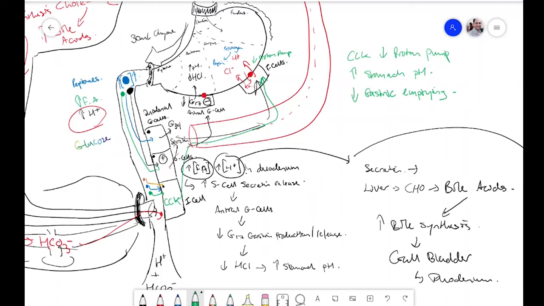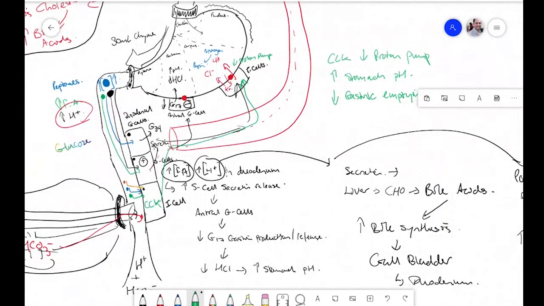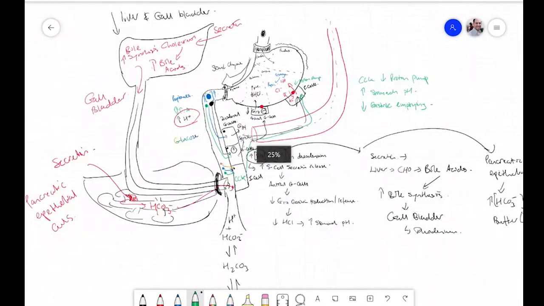Okay, so that's its first job, is to reduce anything that is going to increase gastrin. It's going to dampen it down. Right. Next thing it's going to do is the bit that I think is probably the most clever. CCK will now, I need to stop touching things and moving things. CCK